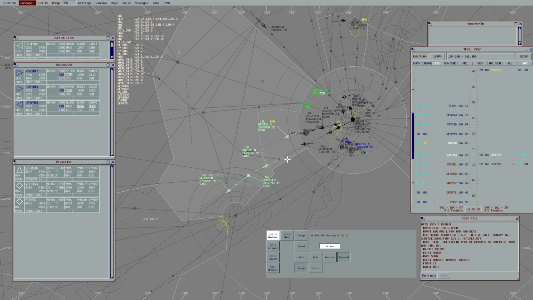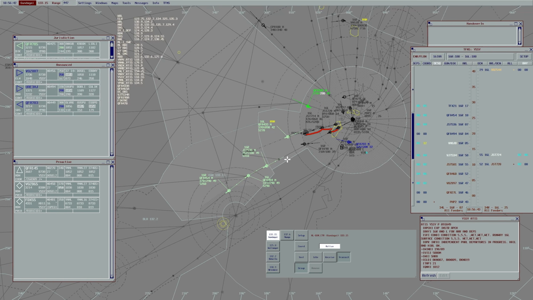Probably because approach is so busy that they didn't even have time to either scan and see that conflict or give the vector. It's not their fault. That's the reason why Sydney Centre needs to give a good sequence to approach. So, you know, it happens. Sometimes you can't always make it perfect when you're busy. That's what happened here. It was only that one aircraft that wasn't sequenced properly, but that does illustrate the downstream consequences. If you have more than one aircraft not sequenced properly, say my sequence wasn't perfect, right? I didn't put enough